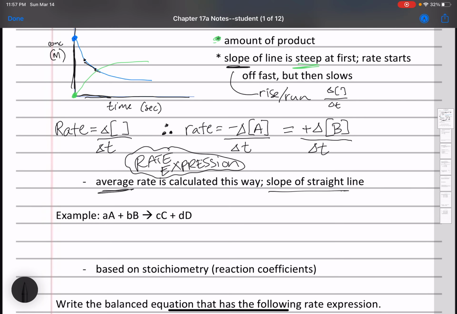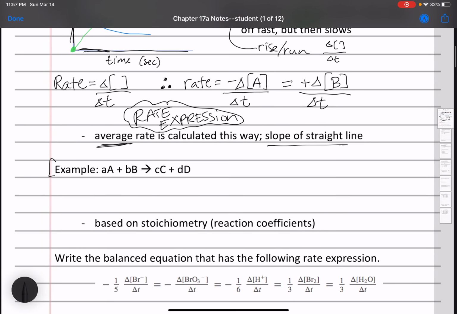So in that simple reaction, what we didn't account for was coefficients. So 1A became 1B. But let's look at a slightly more complex general equation where it does have coefficients. So these lowercase a, b, c, and d, lowercase letters, represent coefficients. So, a number in front of the chemical formula. So for this reaction, the rate expression